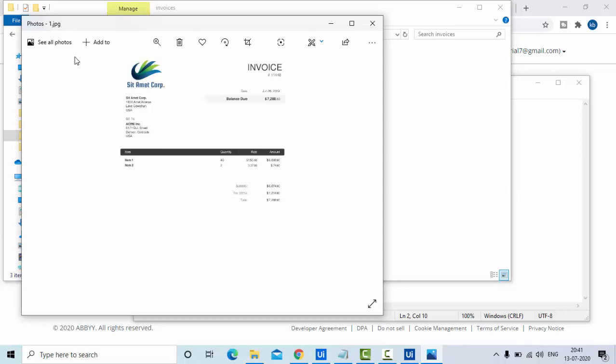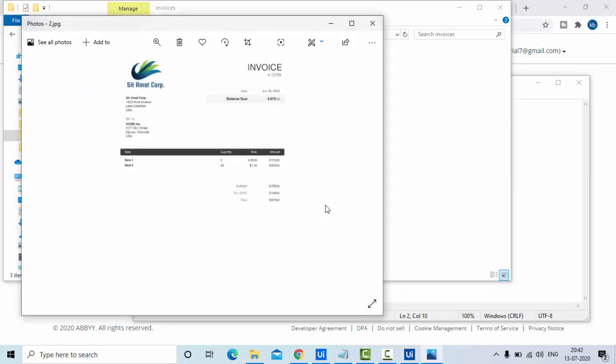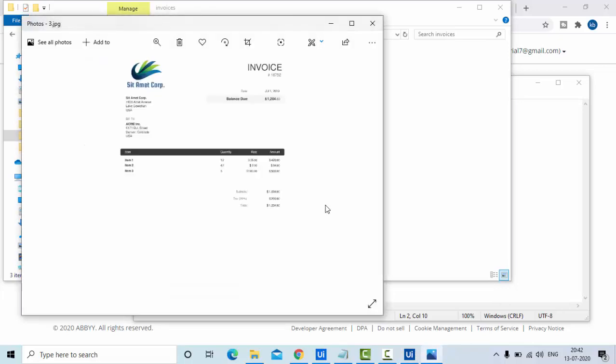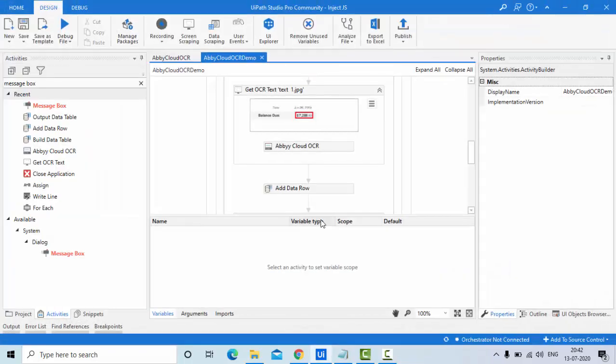So that invoice is loaded. Now let's see how the values are coming. Got decent, if not the best. This is how the data table is coming.